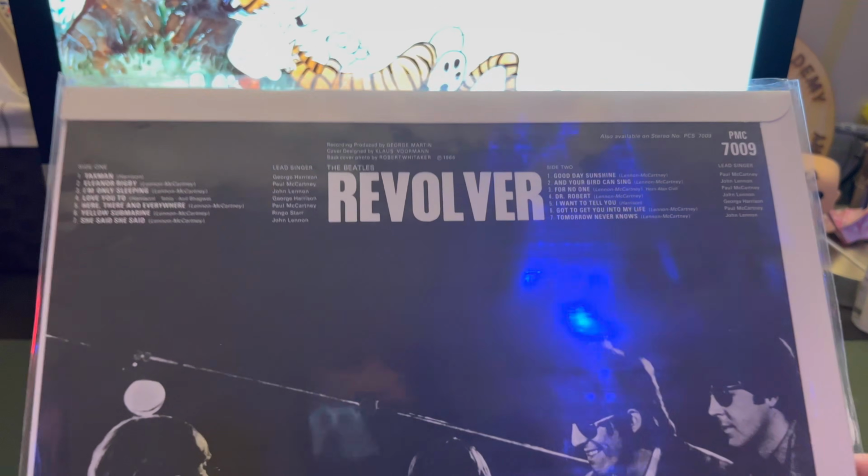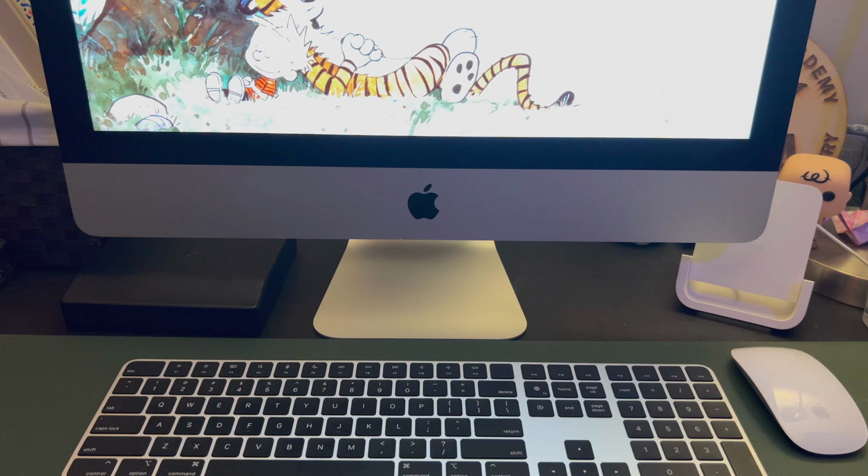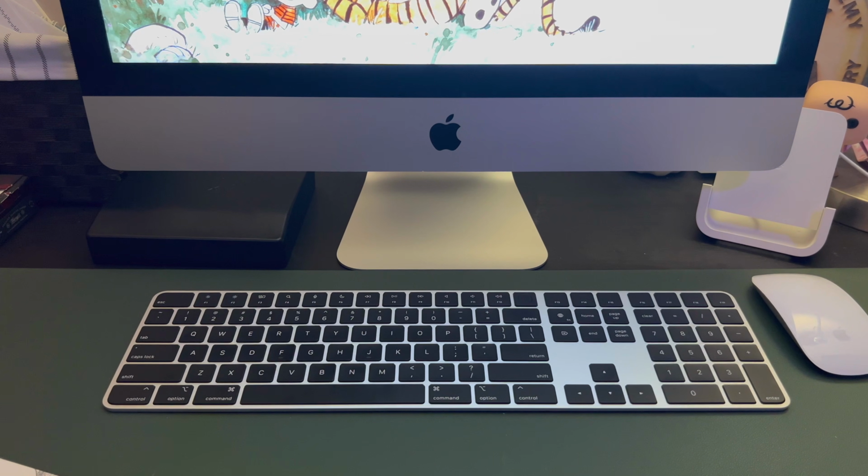Here's the back. It does have the border. I think I have the promotion card in here that has some, sorry. This here is the sleeve it came with, so it doesn't come with that sleeve I showed you with the mono CD, which is,